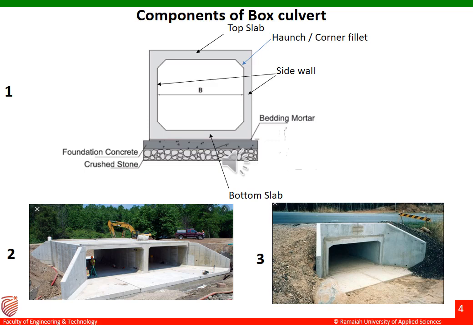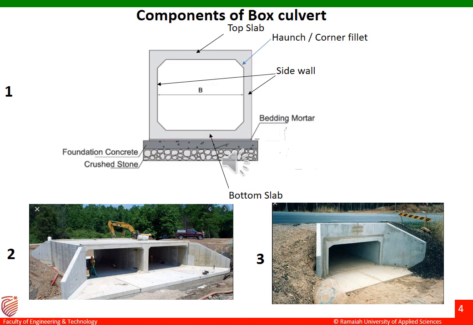So in such a case, what you can do is make the box culvert depending on the discharge requirement, and in order to match the road level at the bridge, you can do the soil filling over the top slab. In that way you can make the structure economical. So that is with respect to figure number 3.